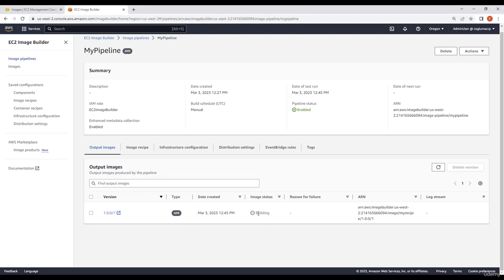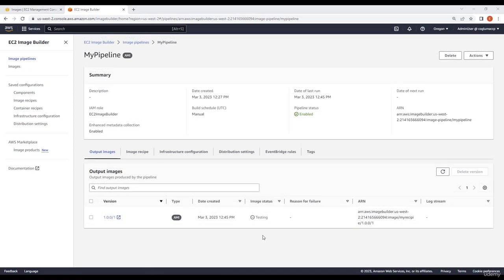So we look at this and its status is building. We can always refresh this to see how it goes, but this takes quite a while. So I'm going to pause this and we'll check on it in just a little bit. In this case, for me, it took about 20 or so minutes to go